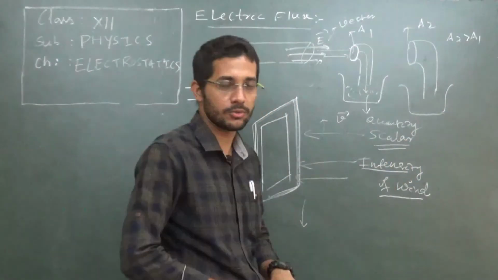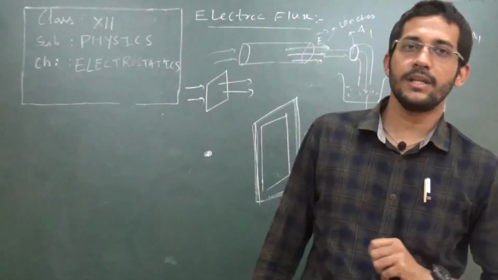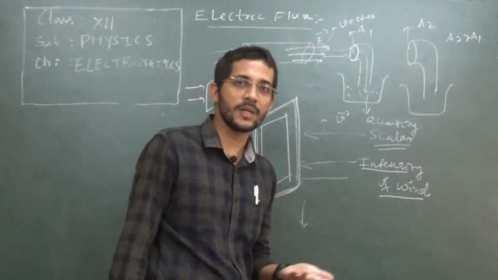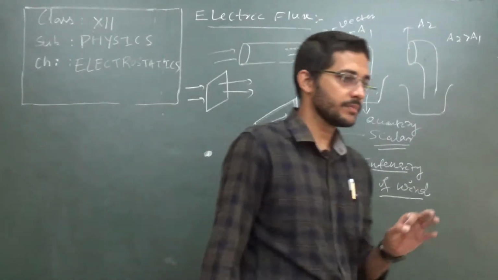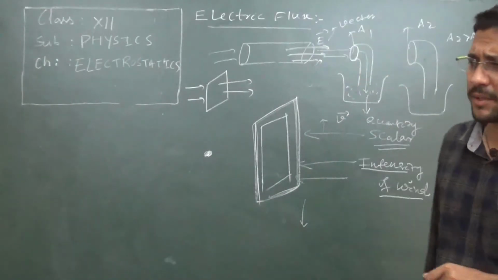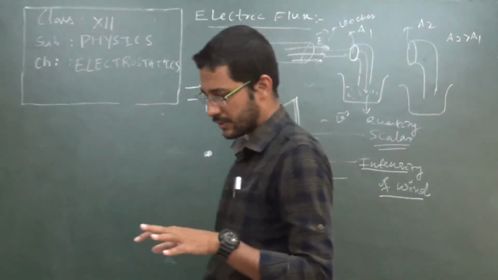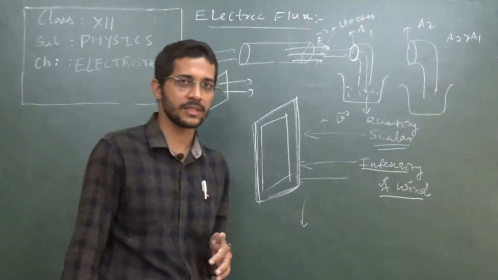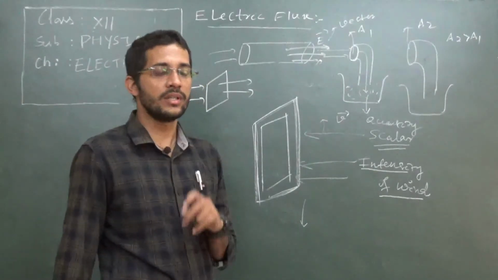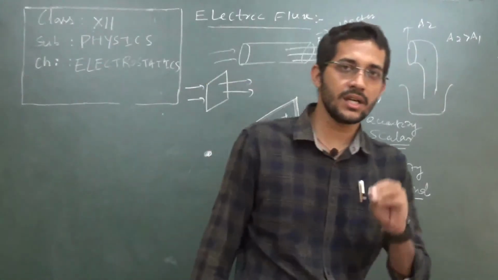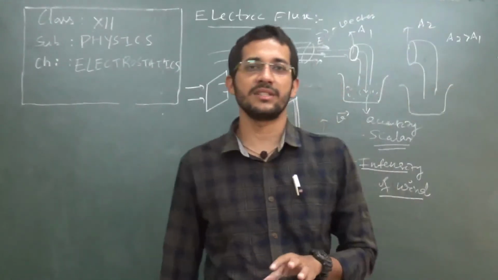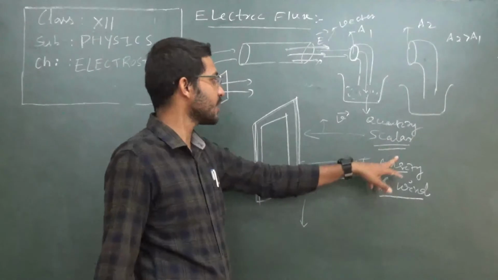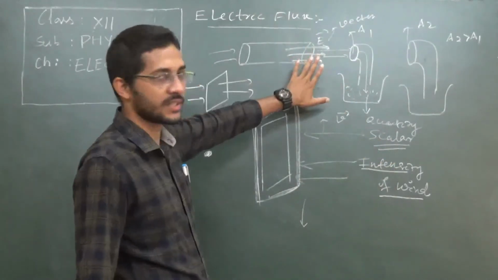The question may come, two more questions. Define particularly why electric field is a vector quantity whereas electric flux is a scalar quantity. There we need to write: electric field gives us the idea about the quantity of lines of forces as well as the direction of lines of forces, whereas electric flux only gives us the idea about the total quantity of lines of forces held inside a particular region. That's why electric flux is a scalar quantity whereas electric field is a vector quantity.